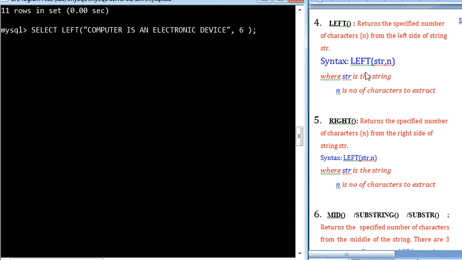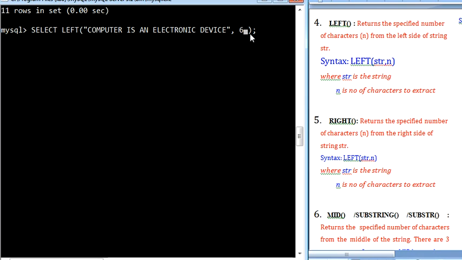So how does it actually work? The function is LEFT. This is the left side of your string, and this is the right side. From the left side, whatever number you pass as the second argument, that many characters will be fetched from the string and given as the output.